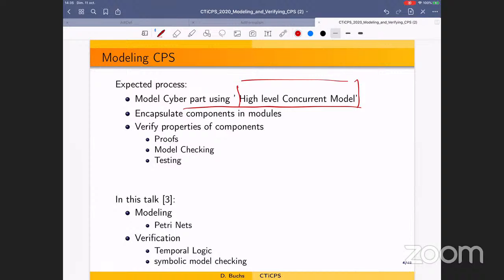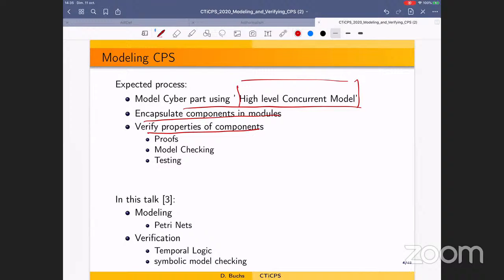Then it's necessary to decompose the system in order to be able to check every part of the system. Otherwise, the system is usually too complex. So there is a modularity aspect, which is also necessary in the system. And finally, the verification of the components. So in the term verification, I think there is a presenter that before introduced the terminology, I don't remember his name, but